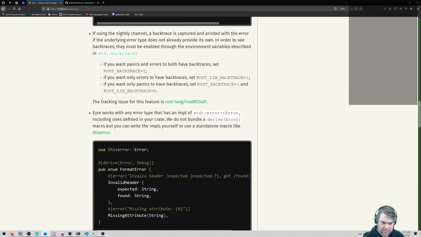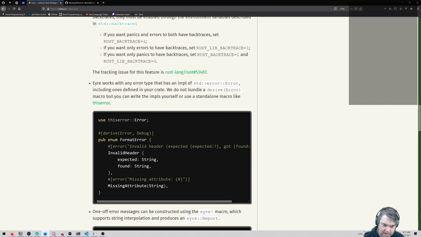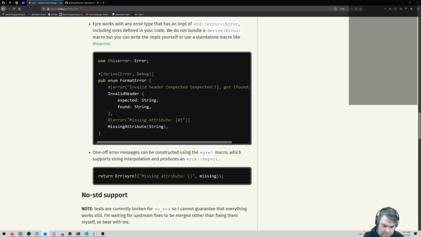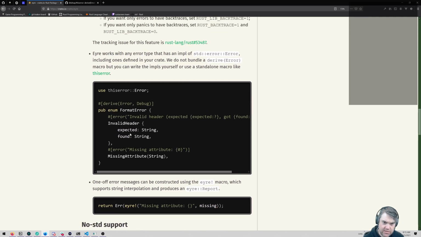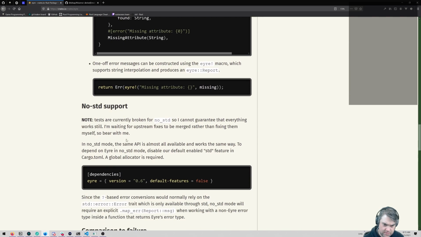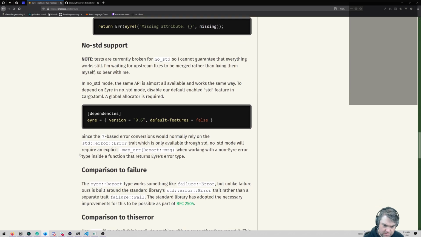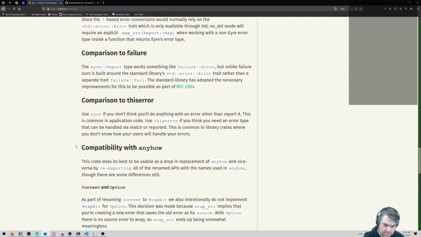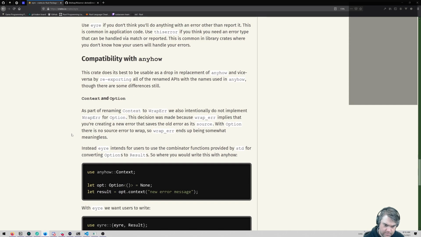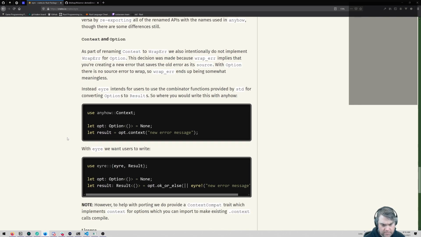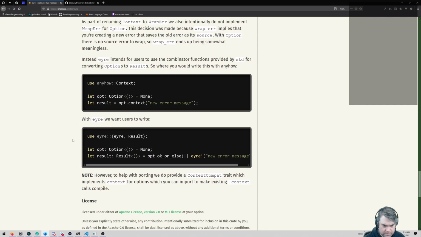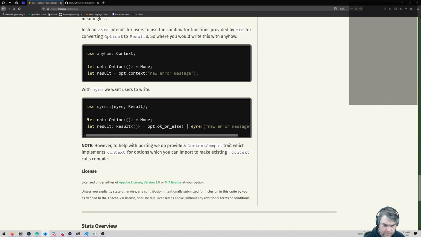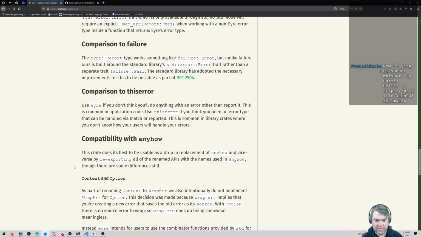Okay, so we're using this error. So here's our enum. We've derived enum. We have this error in here. Wait, but how do we use it? Let's see.